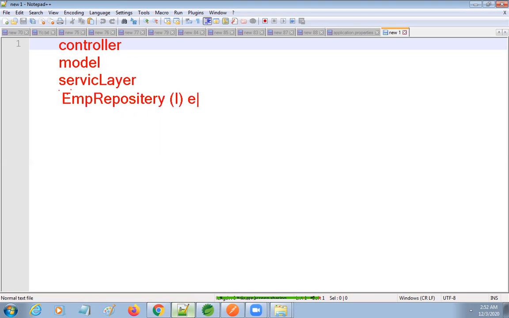which extends CRUD repository or JPA repository. So these two also interfaces. By using these two interfaces, you can use either of the one. By using these two interfaces, your Spring Boot application is able to store your Java objects into database as a persistent storage. And apart from that, in the application.property file,